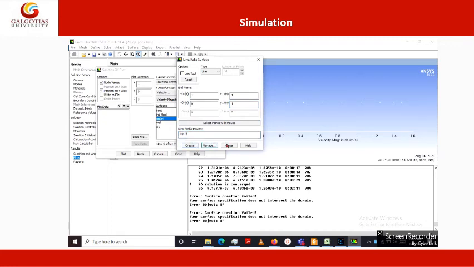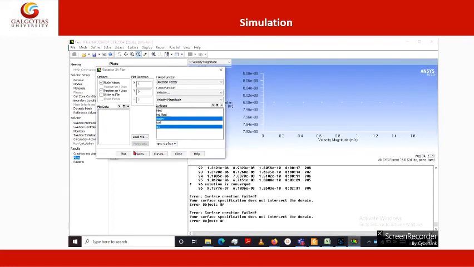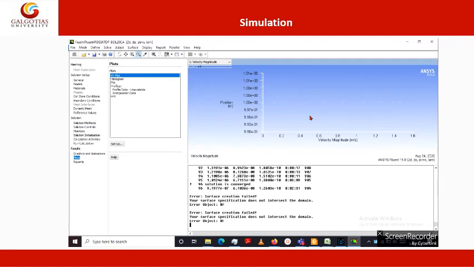Create, close, plot velocity. Right. So in this way you can plot different parameters. You can also calculate shear stress. I will do that in the next section.